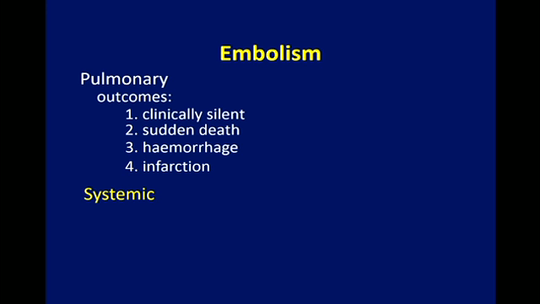There is a fifth one, but you can read up on that. We won't worry about that. Pulmonary hypertension it can cause as well. Okay, what about systemic embolisms? That is, embolisms where usually the thrombus has been in the arterial side of the heart or the arteries, where we saw the thrombus before.